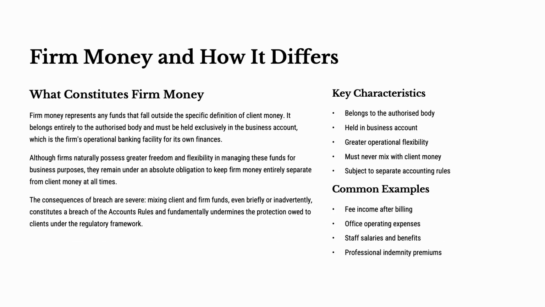Now let's talk about firm's money. Firm money is everything that is not client money, so we also call it business money. Once payment is actually due and invoiced, the money becomes firm's money. This is the money used to pay rents, wages, and of course the printer and other operational costs